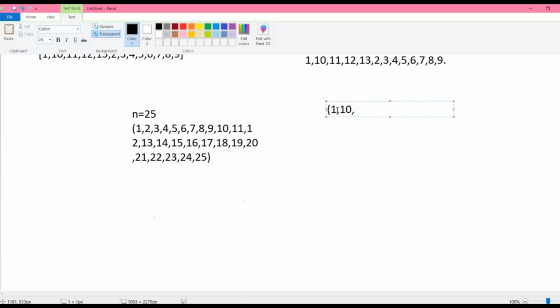Later I'll increment the number to 11 and check whether it has any multiples of 10 within the range of our specified n value or not. No, it doesn't have any multiples of 10 within the range, so I'll just increment the number. For 12 also there are no multiples of 10 within the range of 1 to n, so I'll move forward and increment by 1. I'll do the same until I get